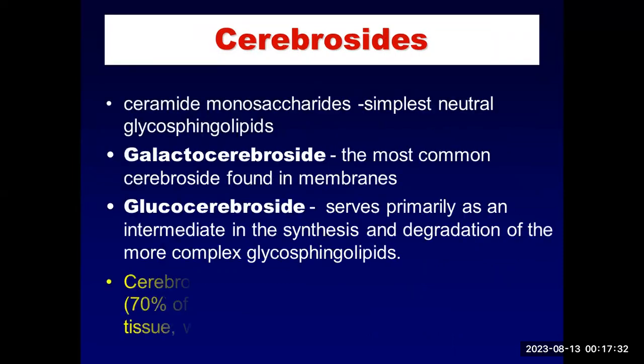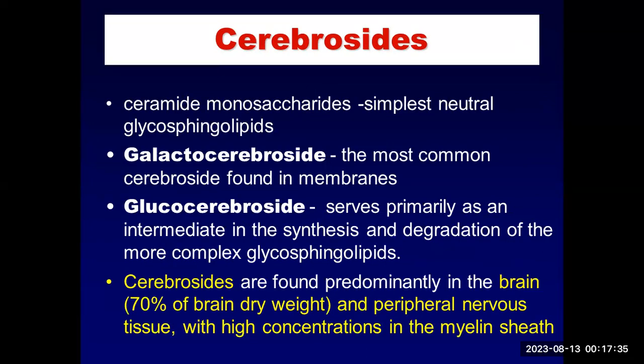Now coming to cerebrosides, ceramide monosaccharide. Cerebrosides are ceramide monosaccharide. That is, a monosaccharide sugar is attached to ceramide. It is the simplest neutral glycosphingolipid. And if galactose is attached to ceramide, then it is known as galactocerebroside, the most common cerebroside found in the membranes. Another one, if glucose is attached to the ceramide, it is glucocerebroside, serving primarily as an intermediate